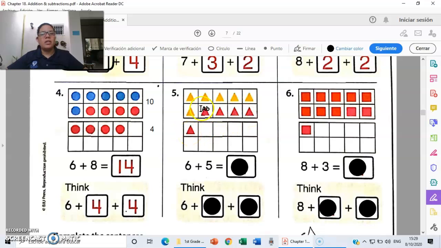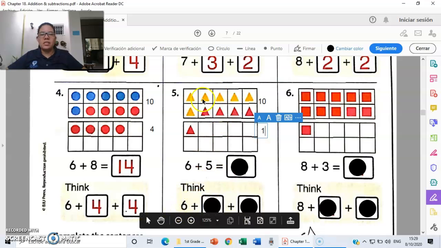5. Again, you get 10 here, and you get 1 alone here. Okay? So what is the answer? 6. You got 6 with yellow, and then you finish how many? 1, 2, 3, 4. To complete the 10, 6 plus 4, and then you have 1 alone,